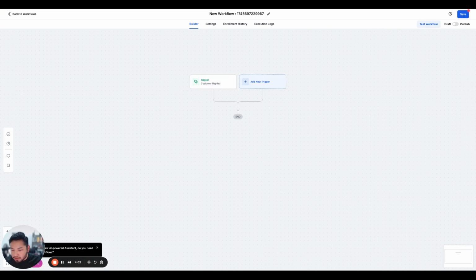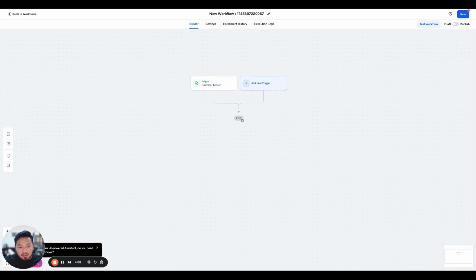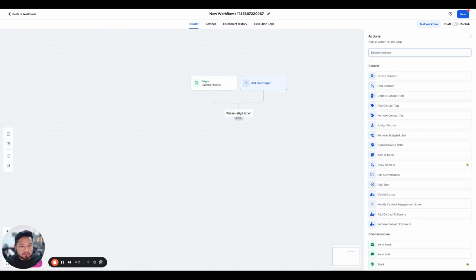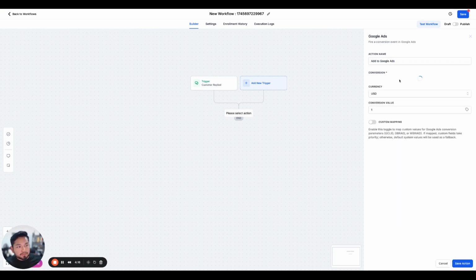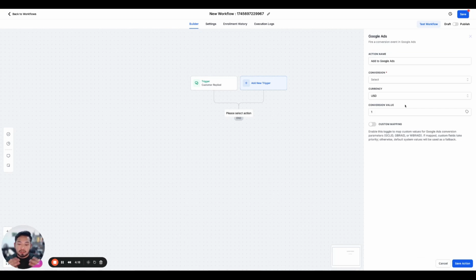And what you want to do, obviously, if you're tracking conversions with Google Ads, is add that step. So you're going to click this plus button right here. You're going to type in Google Ad, right here, add to Google Ads. And now, since your client's sub account is integrated, you can find your list of conversion actions here. So we have all of these here. I believe we made one called Test Chat Widget, and you would just select that and then click Other, and